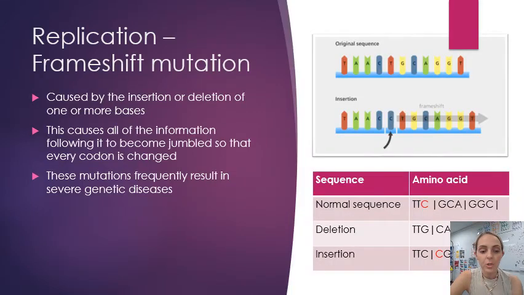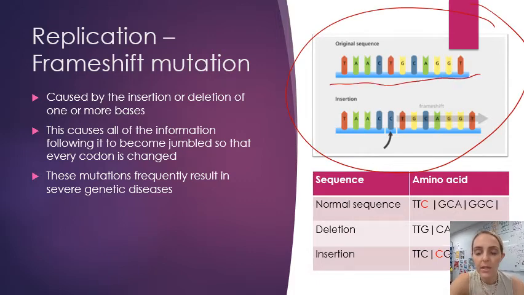Now, the second type of mutation that affects the gene at a gene level is the frameshift mutation. And these are a little bit more serious than the point mutations in some cases. And this is where we get an insertion or a deletion of one or more bases. This is worse because if we think about our triplet codes, having a look at this image here on the